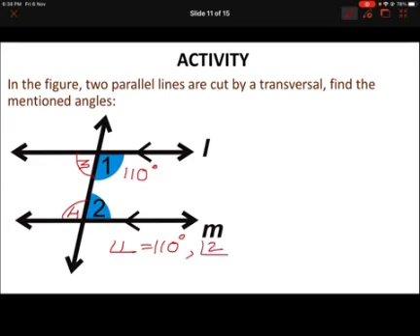What is the measure of angle 2? I am sure all of you know this. It is 70 degrees, is it not? It is 70 degrees. Why? We just learnt in result 3 that when you add co-interior angles, their sum should be 180 degrees.